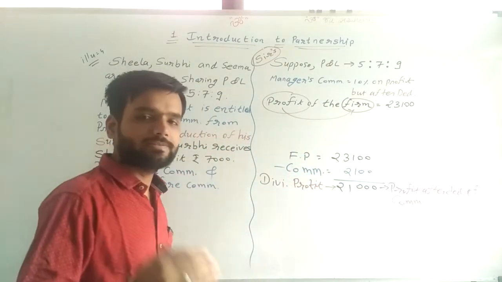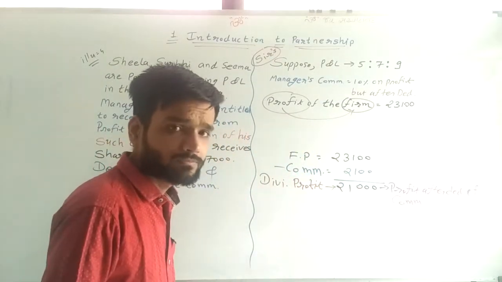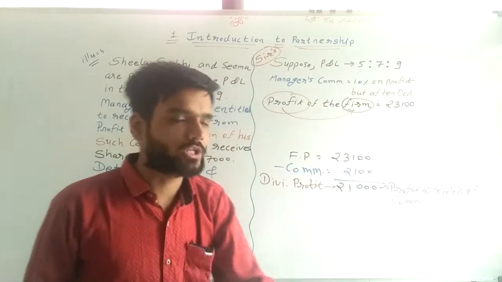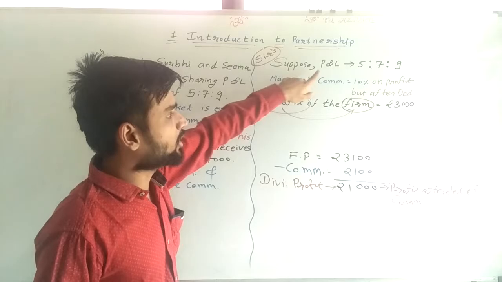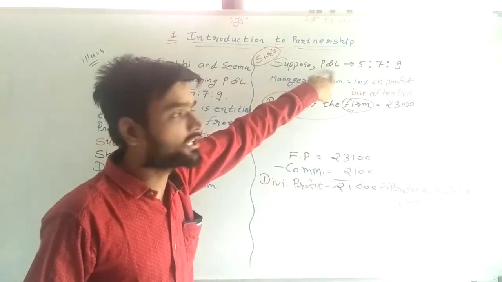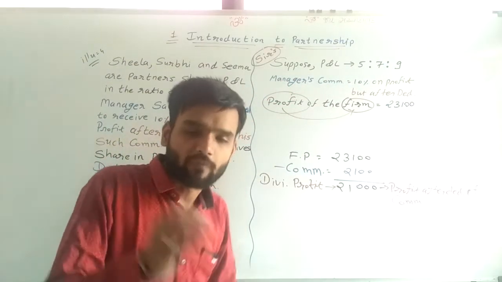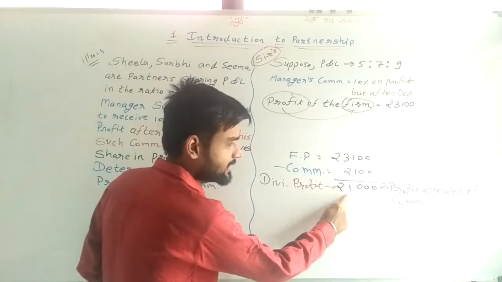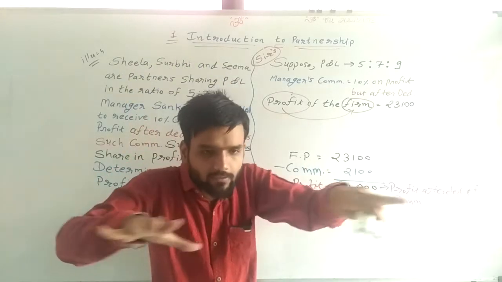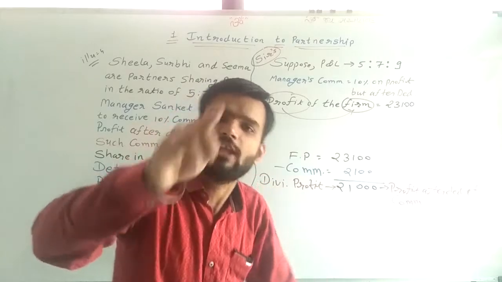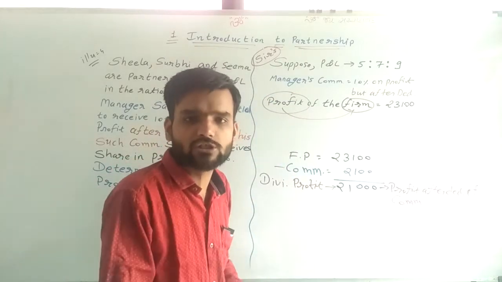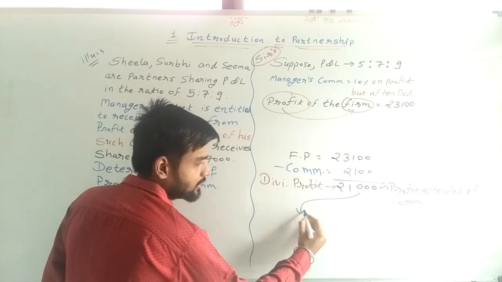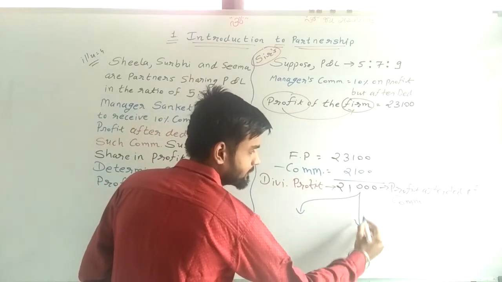Now try to understand the next thing. Third question: what is the profit of partners? The P&L ratio is given to you. Find the profit of partners. This divisible profit we are distributing among the partners in their P&L ratio, profit and loss ratio. So here this 21,000 rupees we are distributing